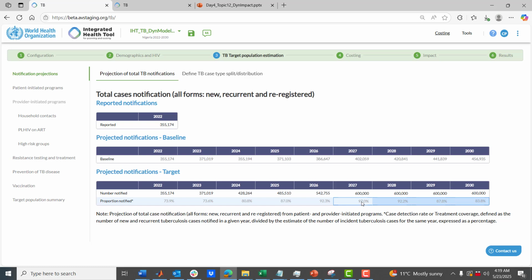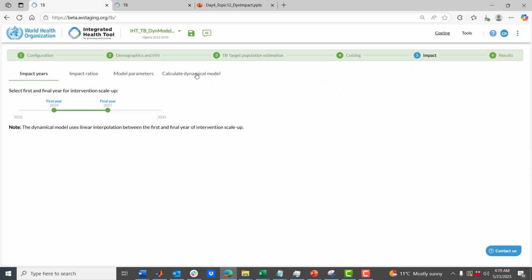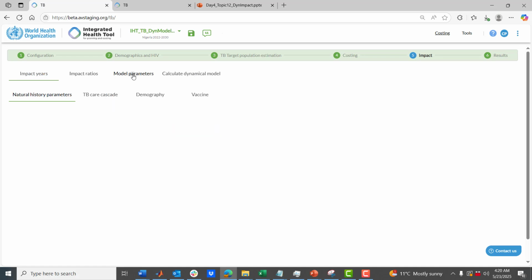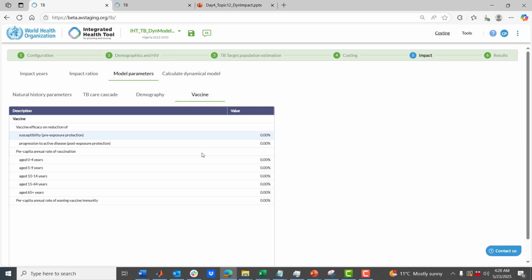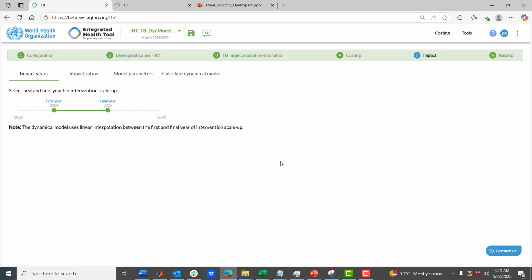It is expected to handle new interventions better, such as large-scale vaccination or earlier detection or detection of non-symptomatic TB, than the statistical model, which relies on past evidence for secondary impact on incidence. The dynamical TB model, which was developed in MATLAB and Python, is a more flexible scenario development tool than the statistical TB model, allowing modelers to develop more advanced scenarios before mapping a selected scenario to IHT for impact and